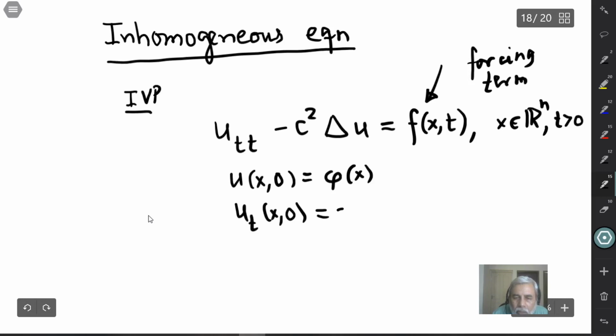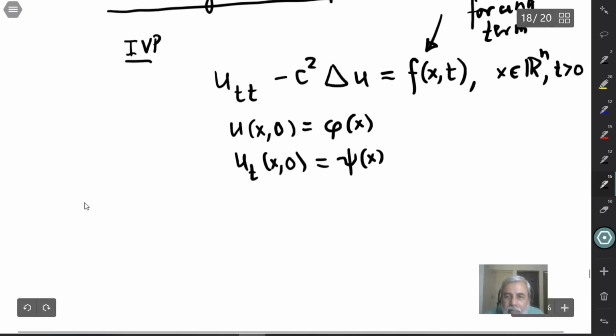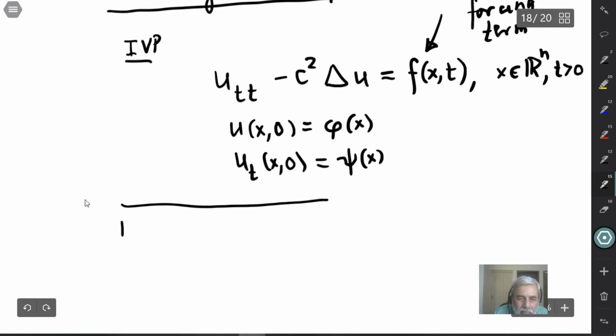So this is also a refreshing of what we have done for the one-dimensional wave equation. What we are now describing is called Duhamel's principle,